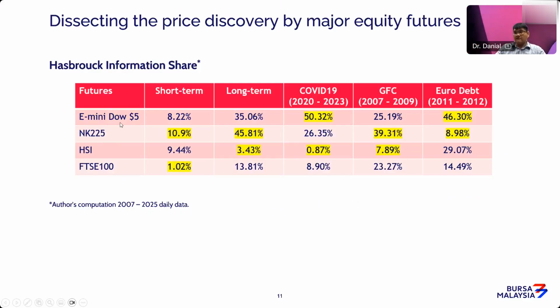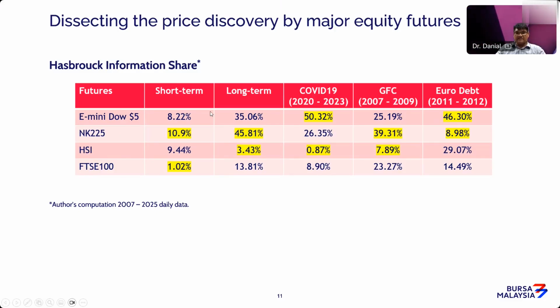All right, so I put periods here for different futures. We got E-mini Dow, Nikkei 225, Hang Seng Index, and UK FTSE 100. Surprising thing about Hang Seng Index futures, it is actually well known since I think 10 or 15 years ago as a filter for Malaysia to screen out anything bad or anything good from the West. So I'm not sure whether this role still remains valid or relevant or not. Let's see the numbers here.